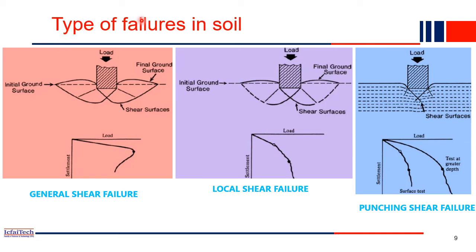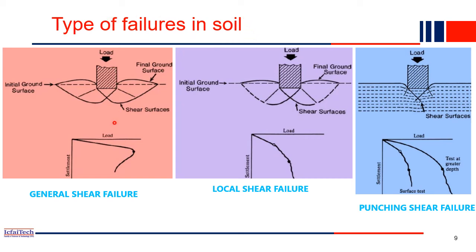Now let's see what are the different types of failures, or how soil fails because of load. If the soil is in very good condition, maybe hard rock, bedrock is there just at the ground surface level, then soil quality is very good. In that case, soil may not fail, rock may not fail. But if you have a not great quality of soil or a moderately dense soil, and you are applying more load, then what will happen? There will be failure. Settlement will take place in the foundation. So that we call failure of a soil.